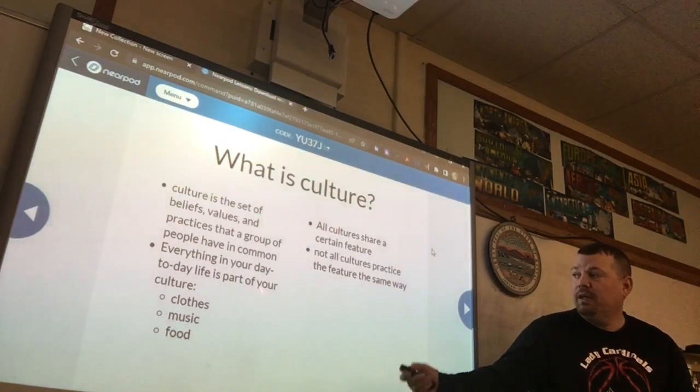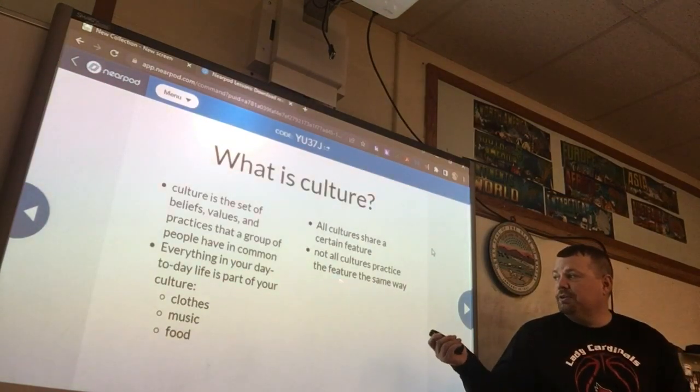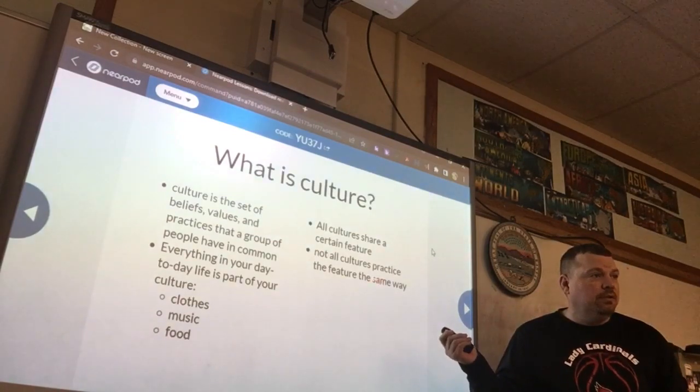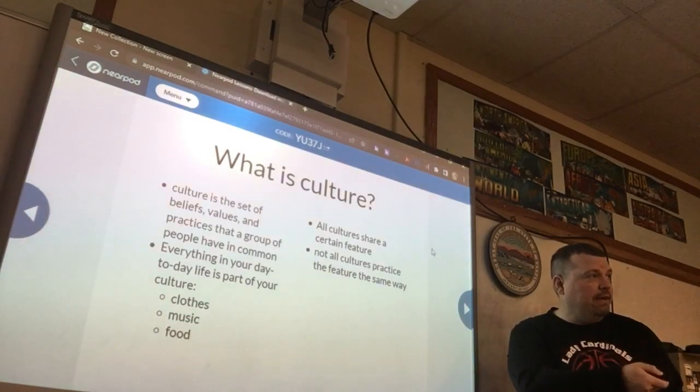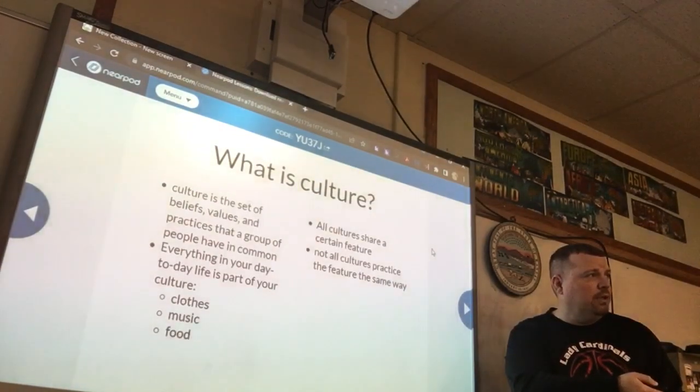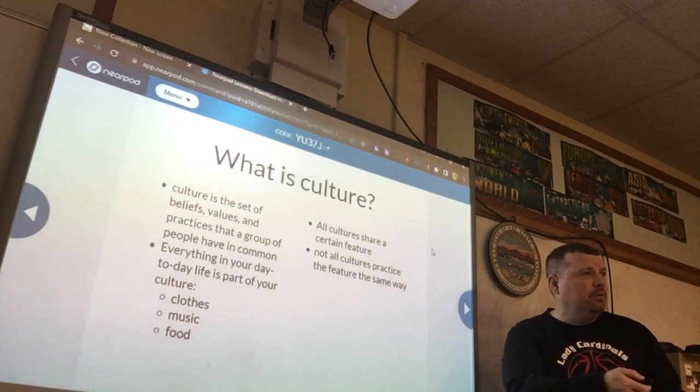But the point is, it's common, right? All cultures have food, but not all cultures do it the same way. Right? And clothing would be the same. You can look at the posters. Look at China in the back. Look at the traditional clothing there compared to the Mexico poster. And the traditional clothing there. And we can go down here to Brazil and the traditional clothing here. Everybody has clothing, not everybody does it the same way.